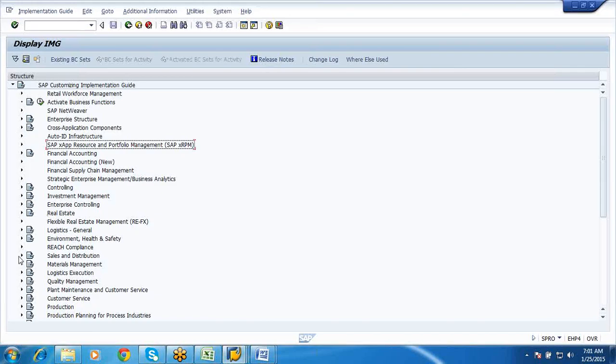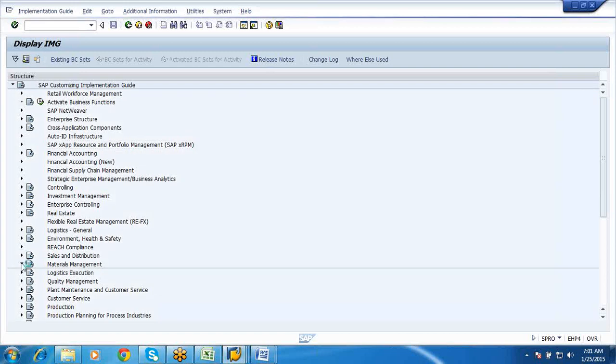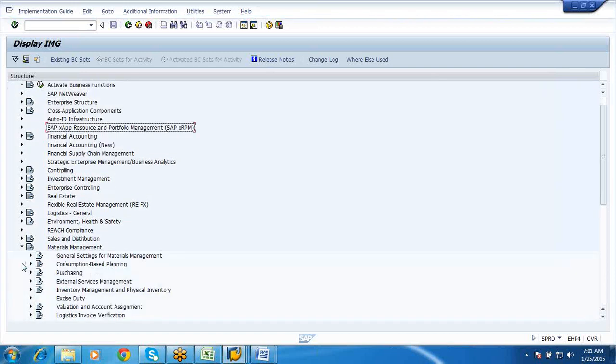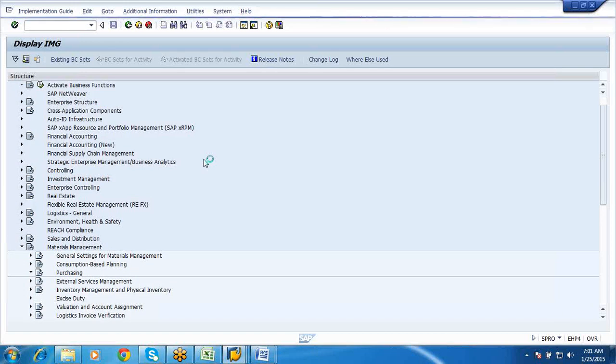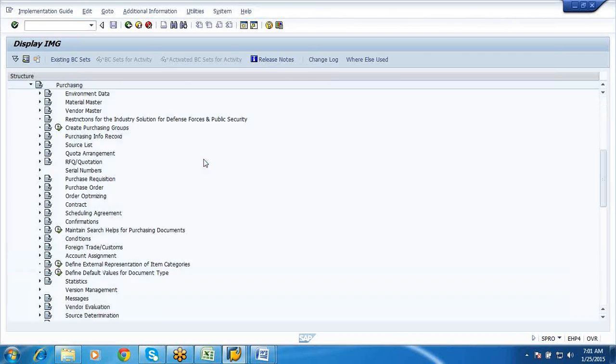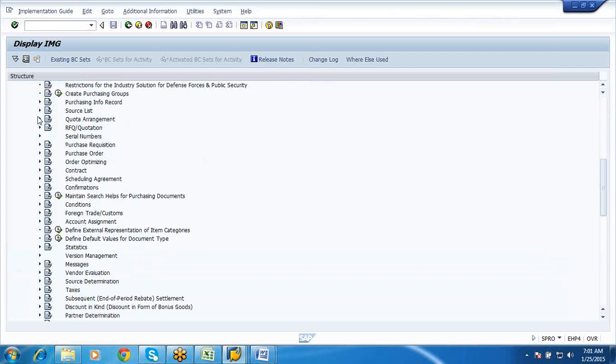In materials management, in the purchase order document type we had NB, and we copied NB and created our own document types. So for your stock transport orders, you need to use the document type UB. You need to copy them and use them.